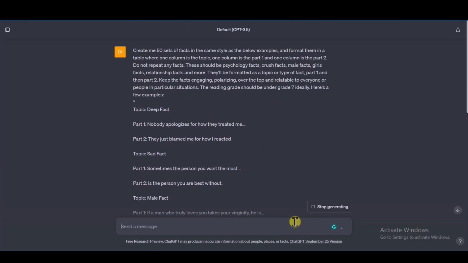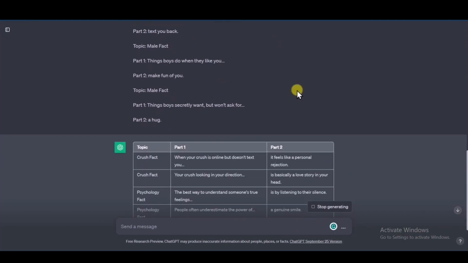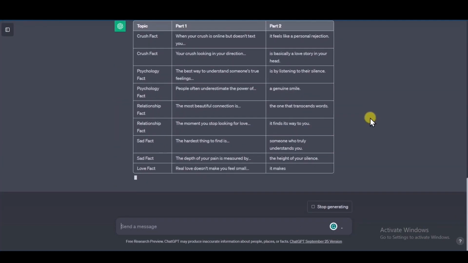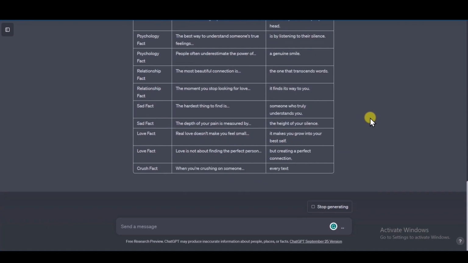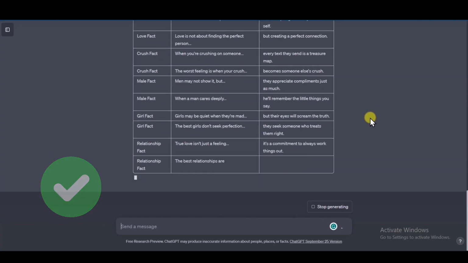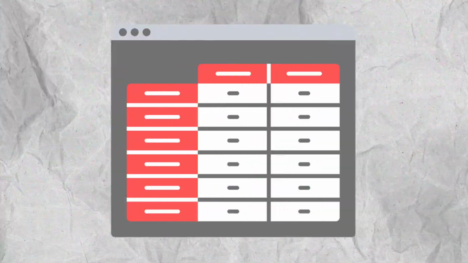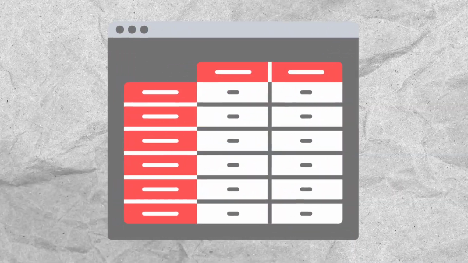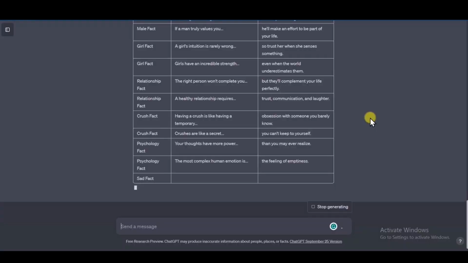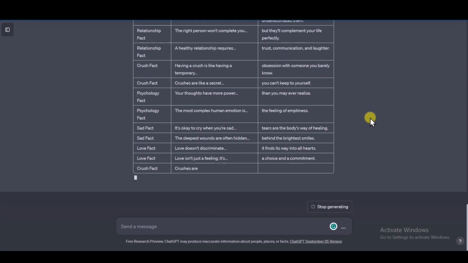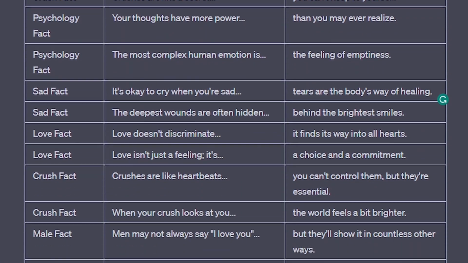So now let's click send. We're going to let it generate. You just want to do a quick check. Is this what you're after? In this case, it is exactly what we're after. We have our column 1 with different types of facts, our column 2 is the starting point, and our column 3 is the end, kind of the punchline. As it were, so this is going to generate us 50 facts to start. So here's the first 50.